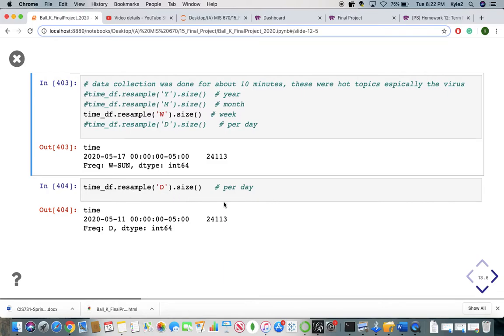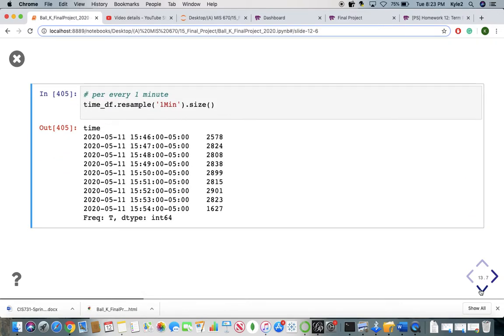I was only able to get 10 minutes' worth because I was almost running up to full capacity by the time I did that. But if a large company had more access and could pull large amounts of data, you could track this coronavirus in real time and where it's breaking out based on tweets, seeing hot zones and all that just from Twitter, which I think is really interesting. So the applications for Amazon in using this are huge. This is just a little snippet of a 10-minute window of what was going on.